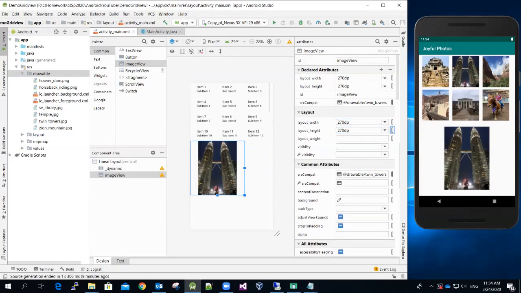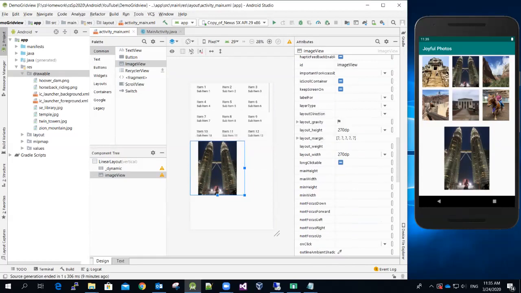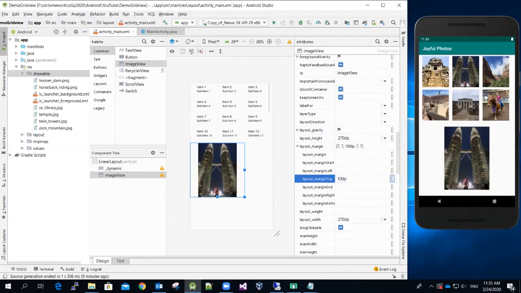Then again the margin, the margin to the top. So layout margin to the top, give me a minute. Layout margin to the top, I use 10 dp,